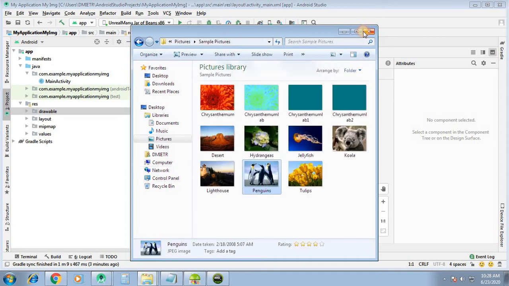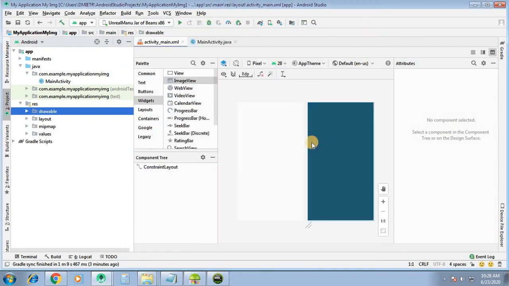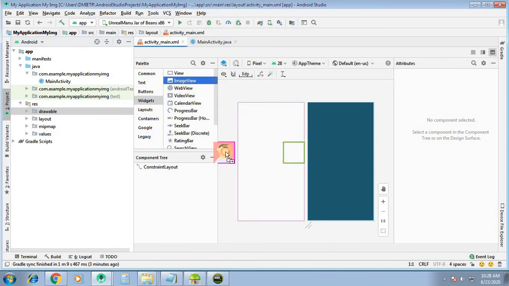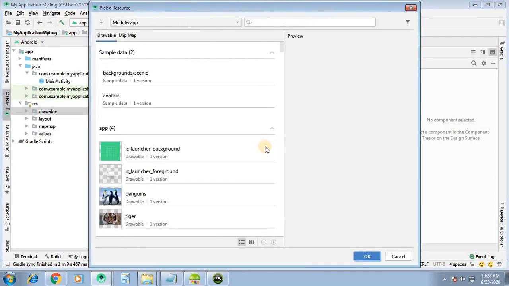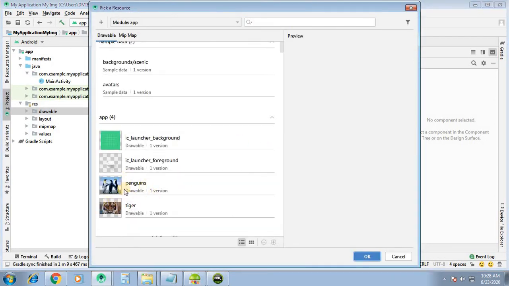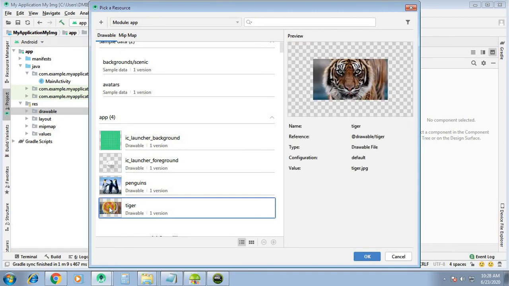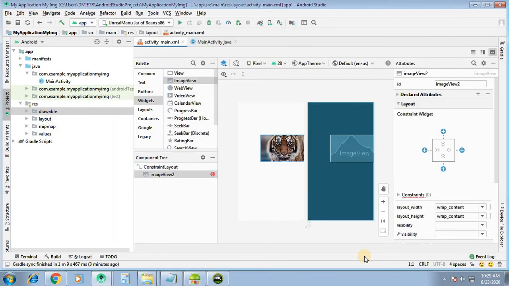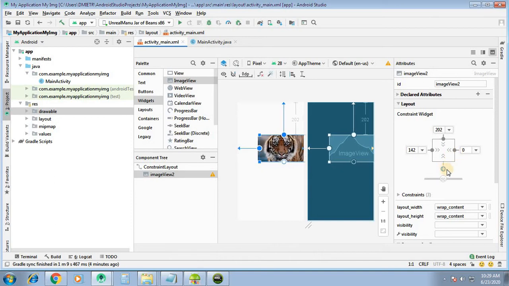Now let us see. Close it. From the palette, widgets, ImageView, just drag it on our layout. Now from here you can select any one of them. So I will choose the tiger. Now set the coordinates for this. So let us say here I will set the left margin.